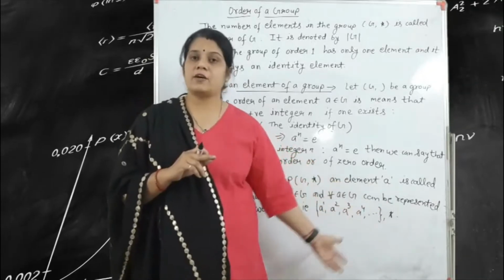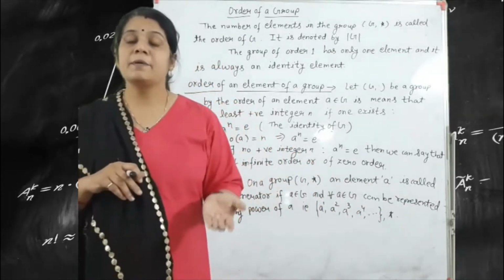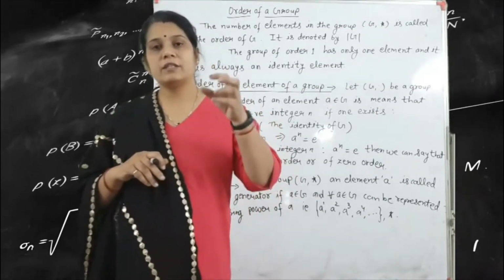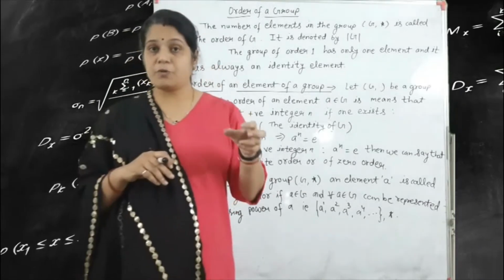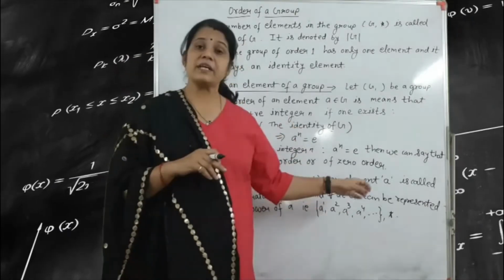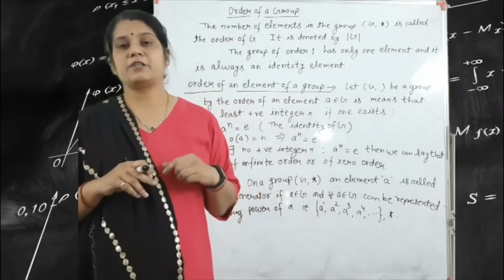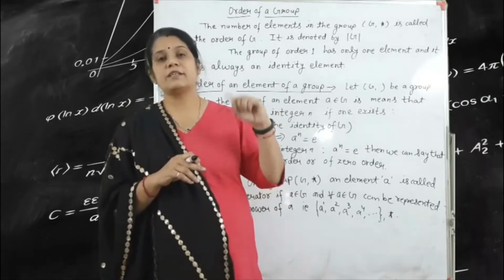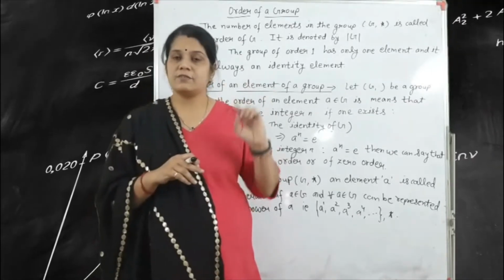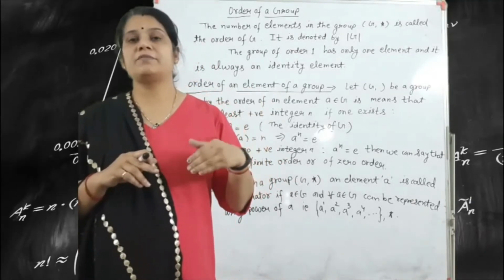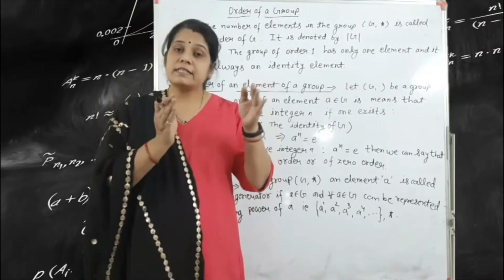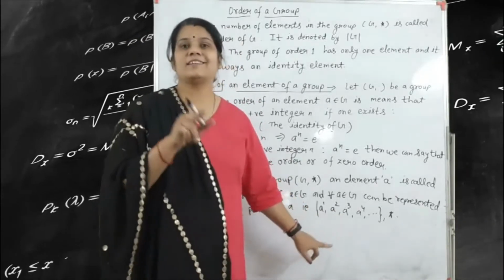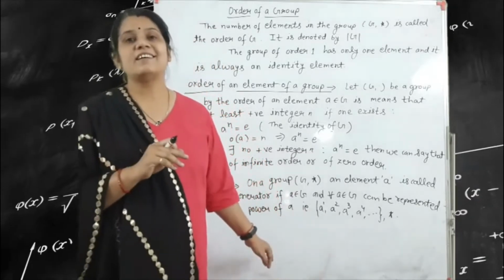For example, our operator is addition modulo m or multiplication modulo m. So with the help of the set of elements, or the group of elements, and the given operator, addition or multiplication modulo, if we use one element at a time and find, for example, 1 raised to the power 1, 1 raised to the power 2, 1 raised to the power 3, 1 raised to the power 4, then after solving these steps, if we get all the elements of the group G, we can say that this is a generator.